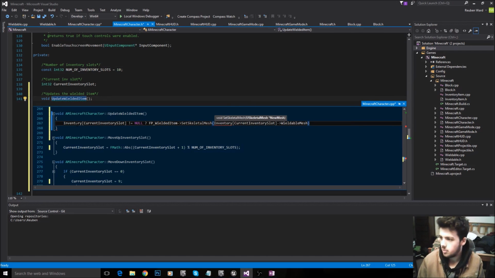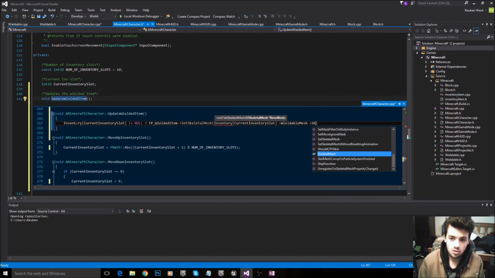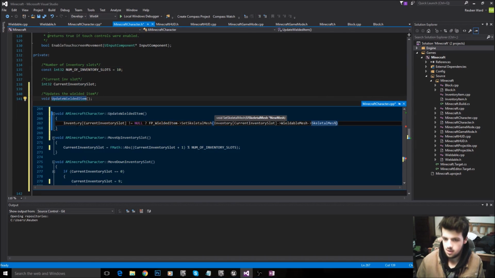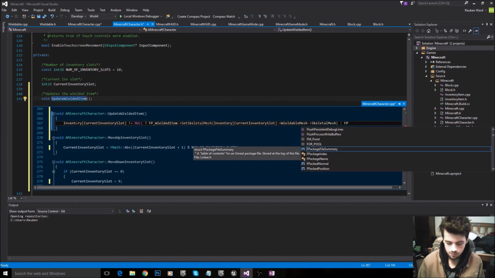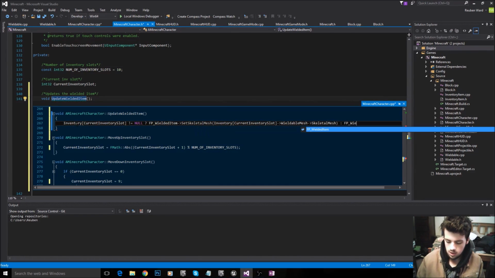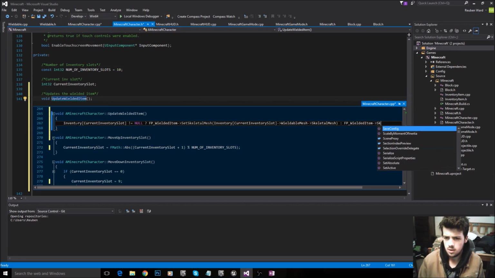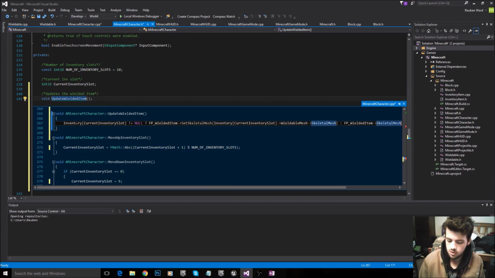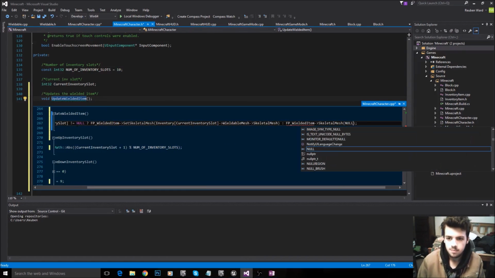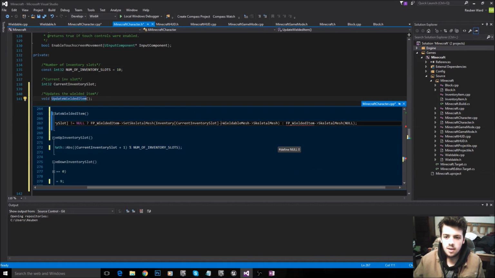So we're getting the wieldable mesh, and then we're getting the skeletal mesh from the wieldable mesh. And there you go. So if it's true, do that. If it's false, then set the wielded item equal to null, because there is no item there. And that's it. So, what's happened there?